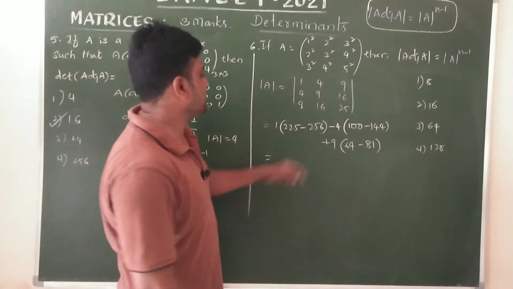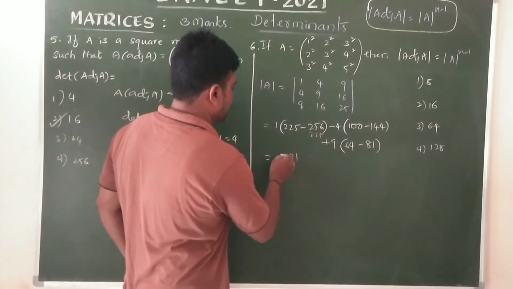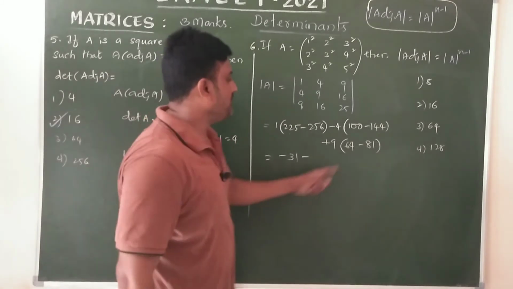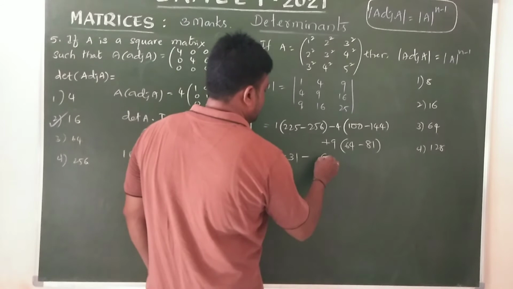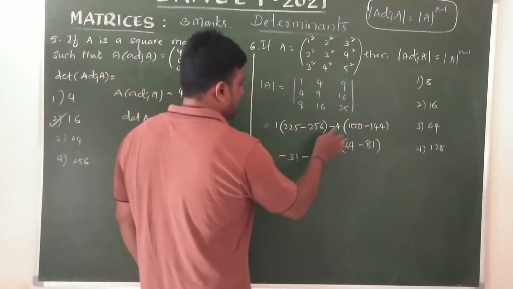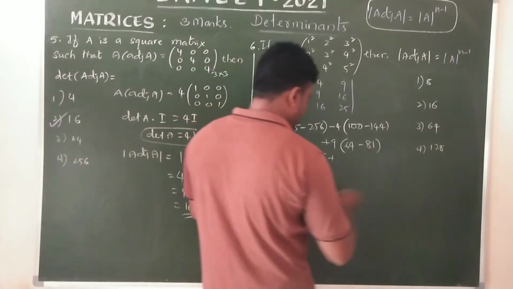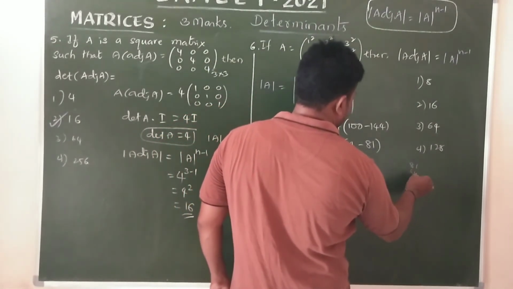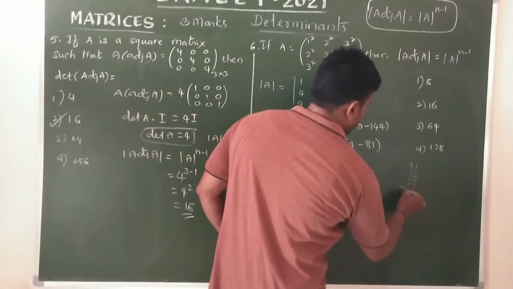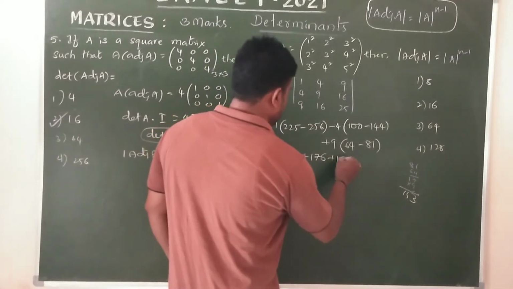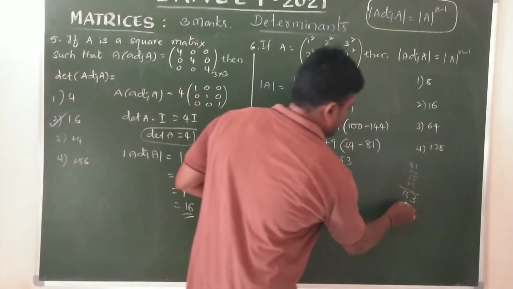225 minus 256, 225 less 1, it is a 3, 31, minus 31. Now here 100 minus 144 is 44, 4 into 4, 16, 16 is 17, okay, minus into minus plus, and here also 81 minus 64 is 17, 17 9s are 153, 153, okay, then it is a minus 153. 153 minus 31 should be